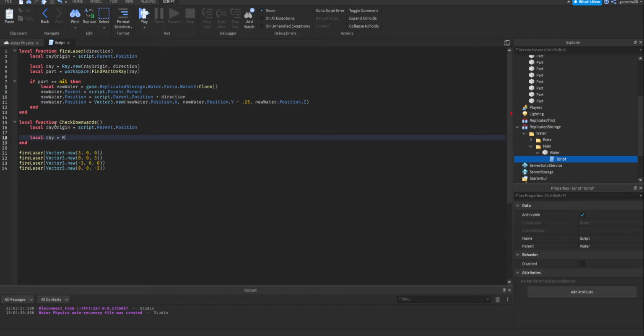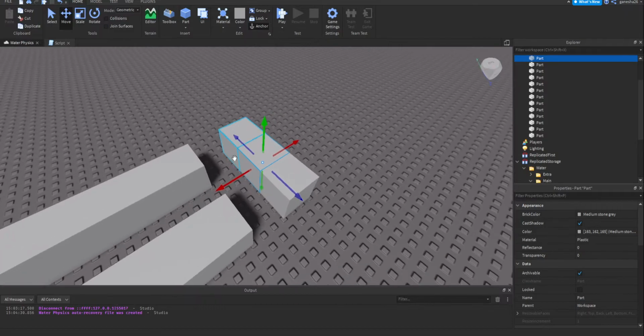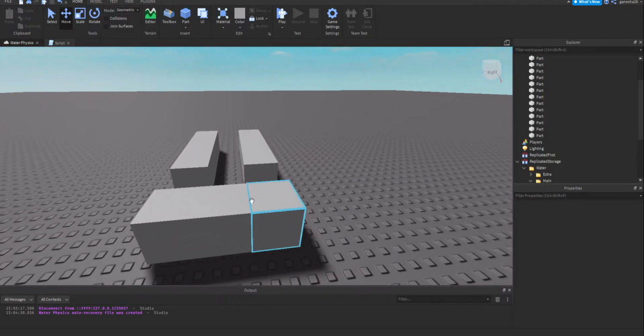The second one is going to be the ray, which is going to be local ray is equal to ray.new, and then it's going to take in the ray origin, and it's going to take in a vector, which is just going to be the vector that's pointing downwards, which is 0, -3, 0, because it's pointing downwards, and it's 3 blocks because we're checking if there's a block under it, because if there is a block under it, then we don't want it to go down, right? And we can check that